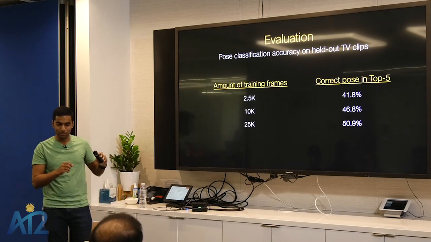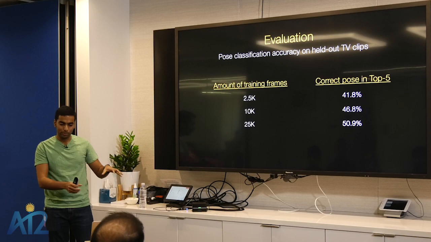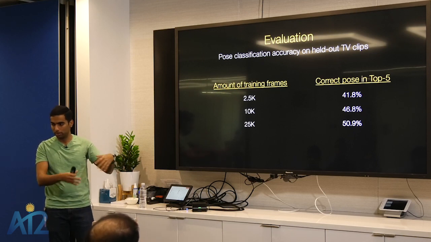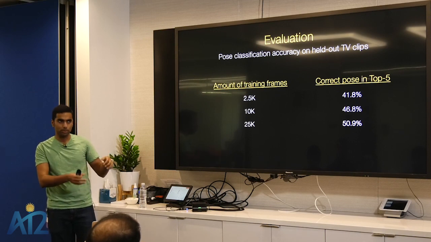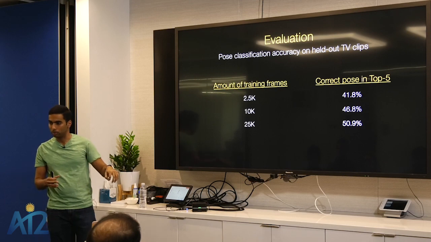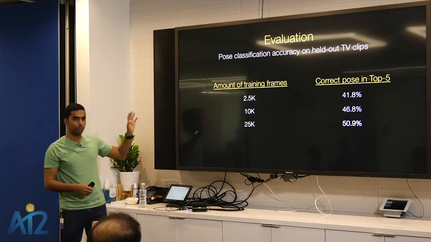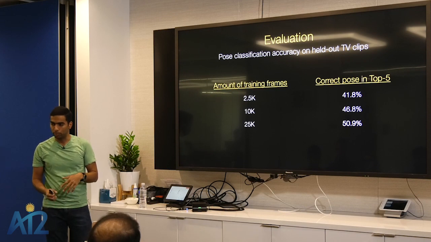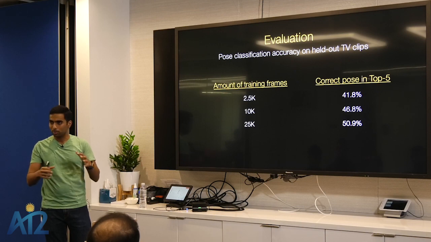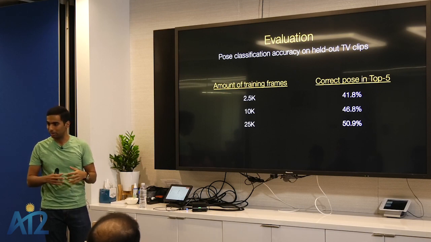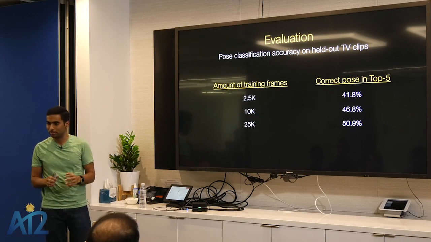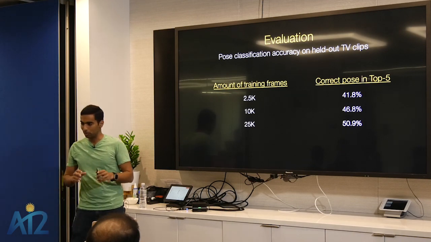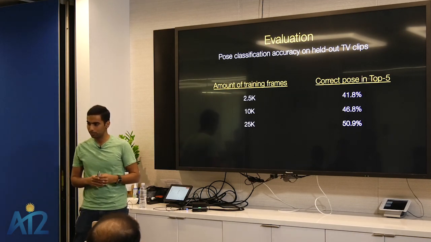I was going to skip this, but basically the way we do this evaluation is on the held out TV series we also label it in the exact same way, and at the points where we have poses we try to use our model to predict the pose and then see if our prediction is within the top 5 of what we labeled or not. And what we see is that as we add training frames we do see an improvement, but of course there's no universal ground truth on whether we have solved this 100% or 80%. So this is still a very pseudo analysis or evaluation. It's very hard to do a very clean evaluation in a setup like this.